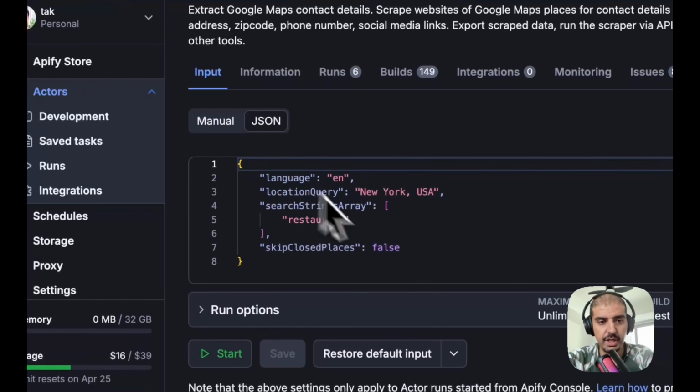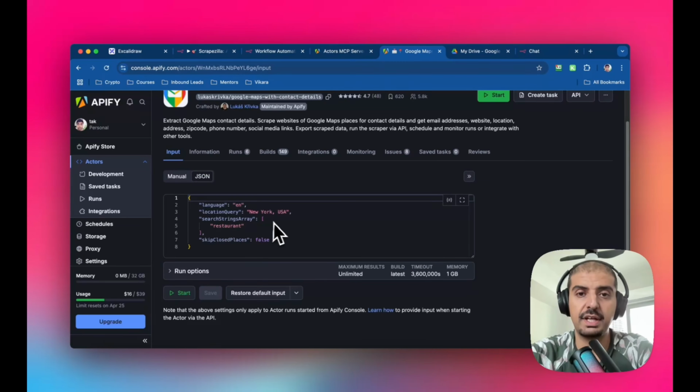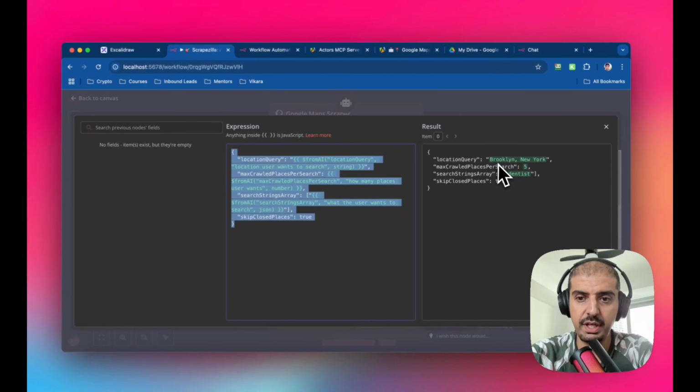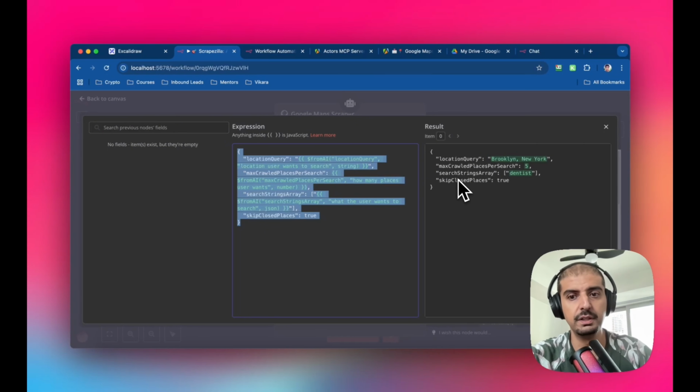You go over to JSON, and then you grab this code. These are variables that the scraper needs. What I'm doing is taking the location query, and everything that's in green is coming from the chat input. That's why it's so cool when you use a system like this, because the AI does most of the heavy lifting. And then I've set skip closed spaces to true,